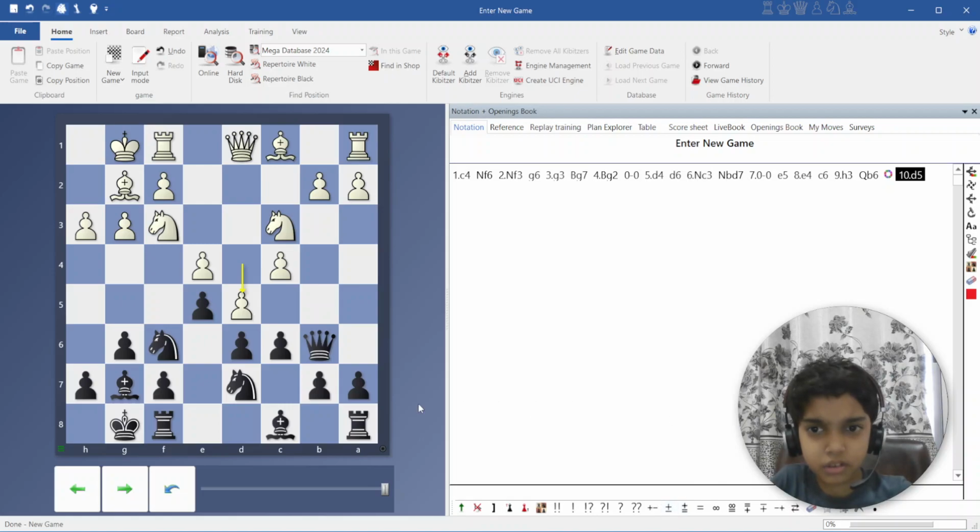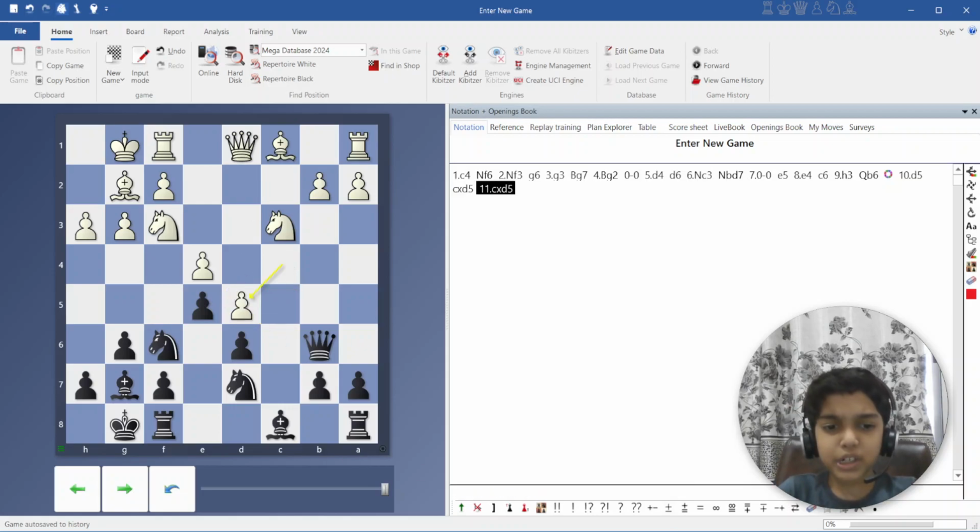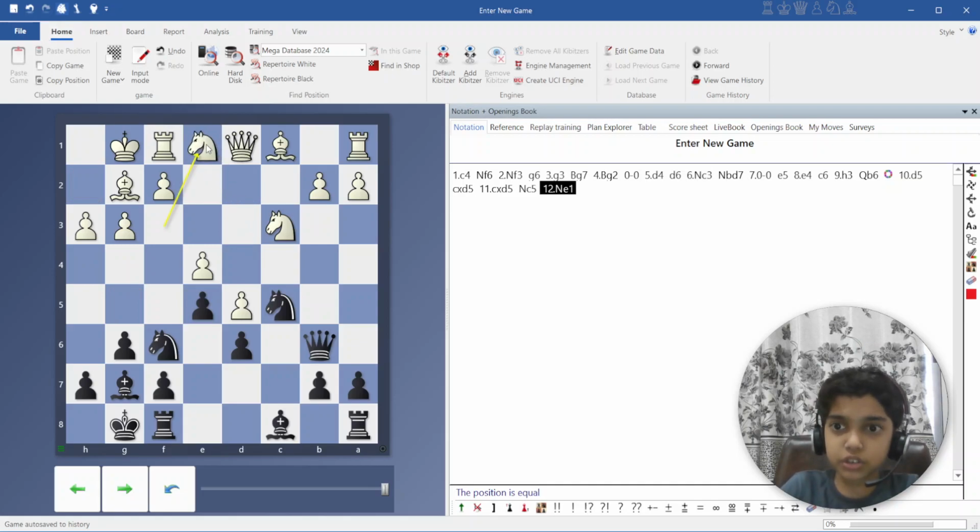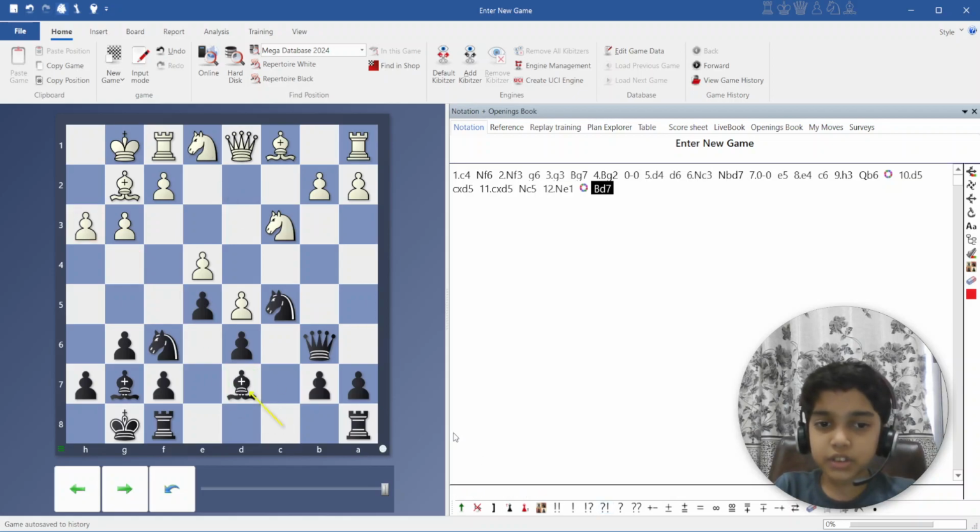the usual. See, c into d5 really looks good. But after c into d5, this file is open, but it's not that much of a problem. Plus, we gained an outpost on c5. Knight e1, an old-fashioned idea, trying to exchange the knight by knight d3, to exchange the knight on c5. Bishop d7,